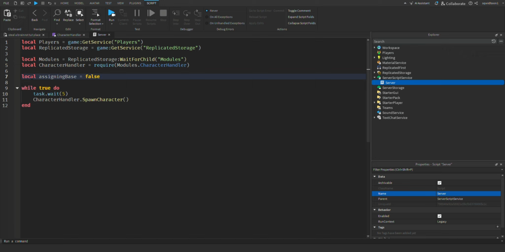We're just gonna set that to false. Don't worry about this, what we'll do, but basically it's gonna lock a base when two players try to join at once, if that happens. Moving on,